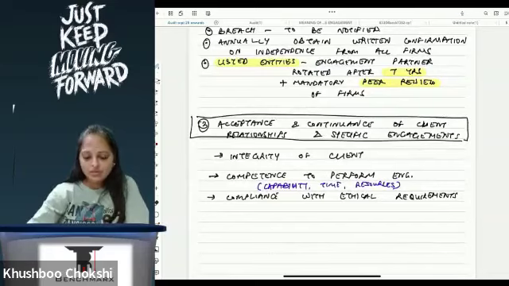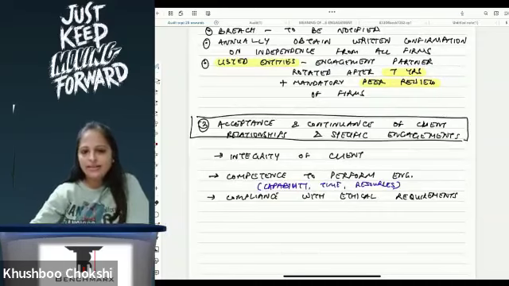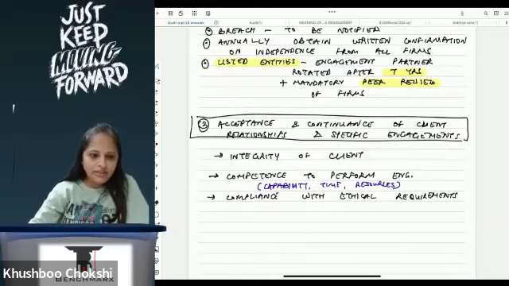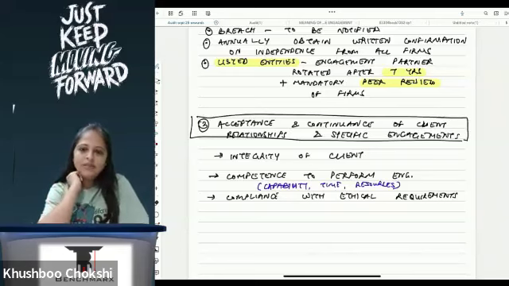Acceptance, continuation. Leave some space below this particular point ethical requirement that we've written and just copy this down, okay, before we discuss, because we'll not get the time to write down this part. So just write this point down and then we discuss the entire point. This is not the full point, but just write this much down. Acceptance and continuance of client relationships and specific engagements.